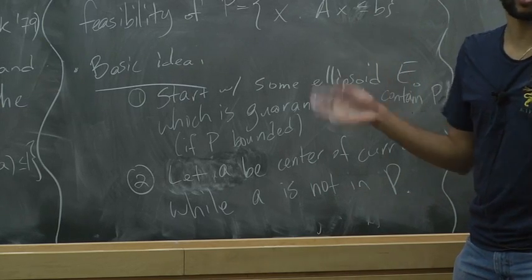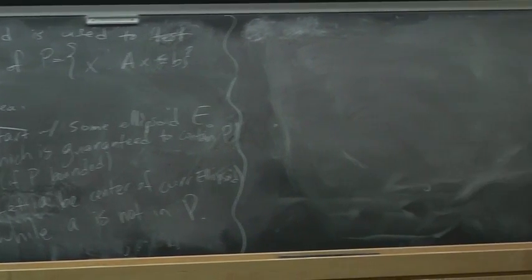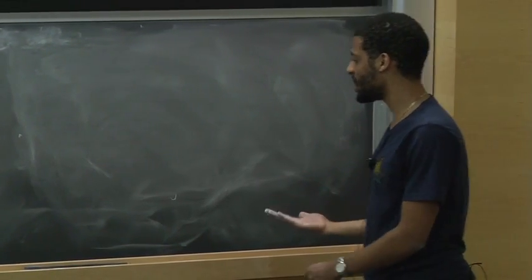We have our feasible point. Ellipsoid is trying to find a feasible point. However, if the center of the current ellipsoid is not in P,